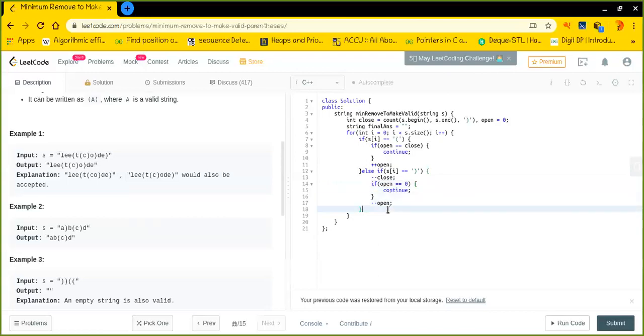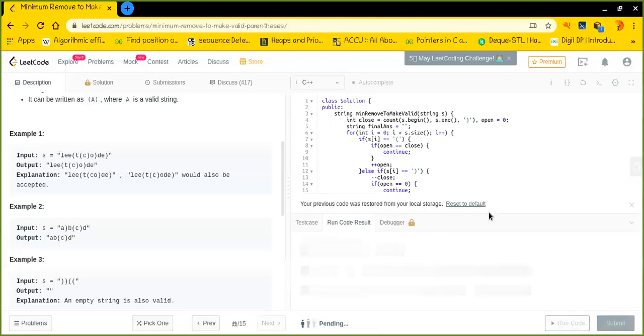Okay, anyway, so if everything went fine, then we will come down right here and we will simply add that particular character to my final answer. It could be the alphabetical character or the opening or closing parenthesis, whichever is valid, it will come down and just be added to this final answer. Cool. So here I will simply return my final answer. All right. Okay, just test it out whether it is working or not.